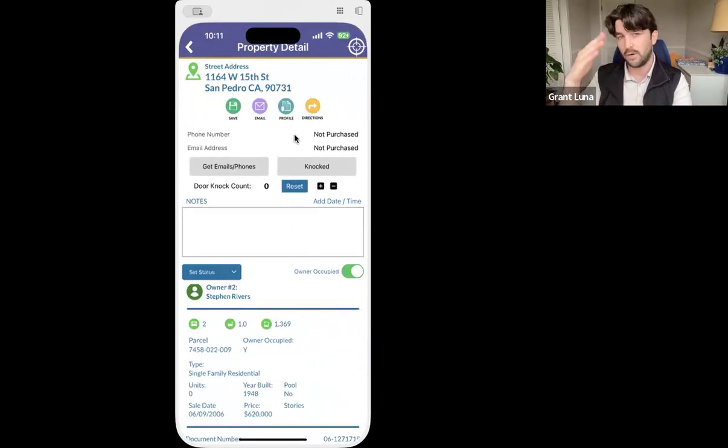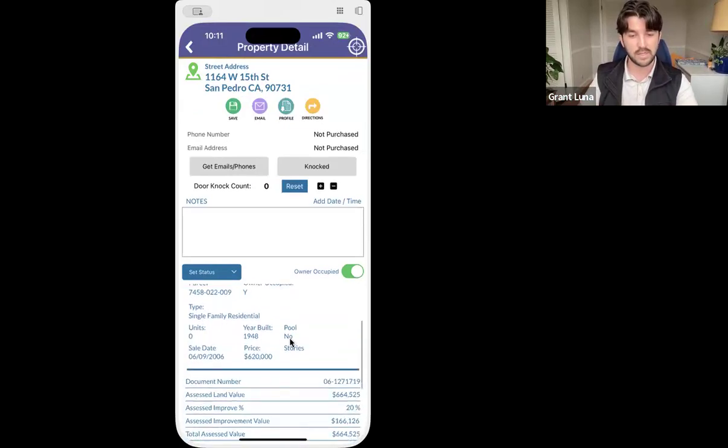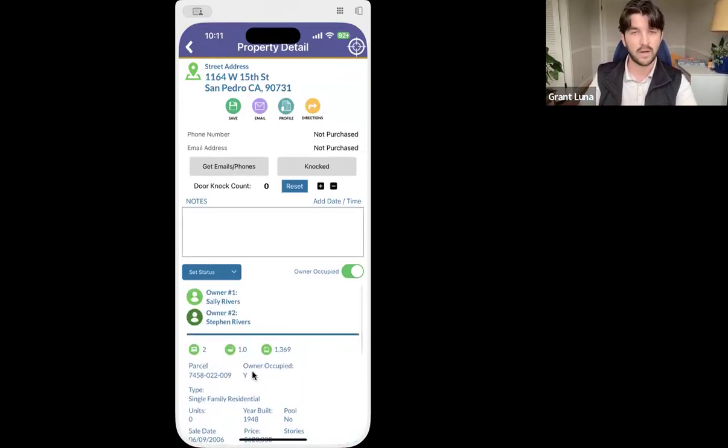And then while door knocking on this app, it's really helpful that you can just come here and swipe to the right to go to that next address. And like I said, that is the next address as the walking area lays out for you. So you don't have to worry about the next address being 2 blocks over. It's going to be that next address. And you can keep swiping through here, interact with those homeowners and take notes as you go. So a really helpful way to stay organized, see who you're going to be speaking to beforehand, have a sense of how long they've lived there, even have a sense of if they own the property, right? By looking at these green circles, or even on these property pages here, I can see owner occupied, Y or N,